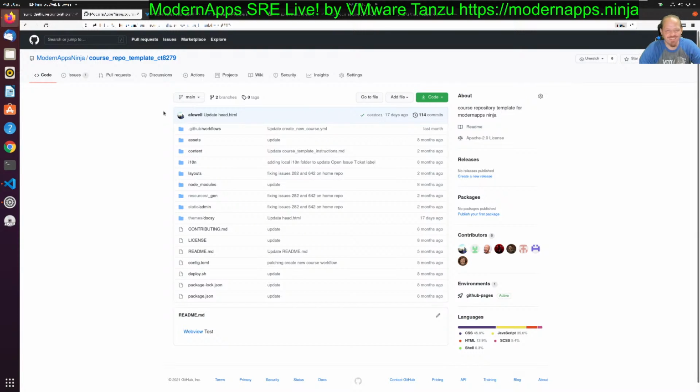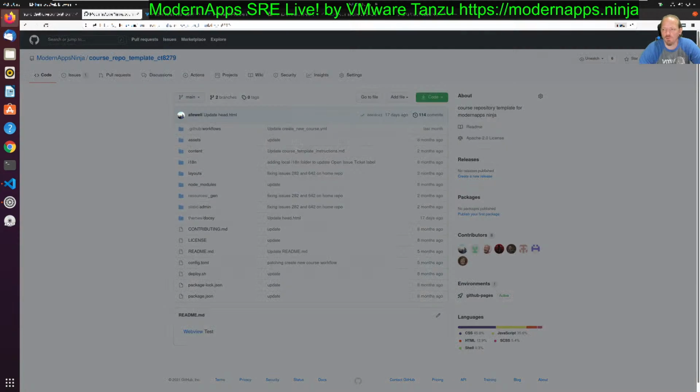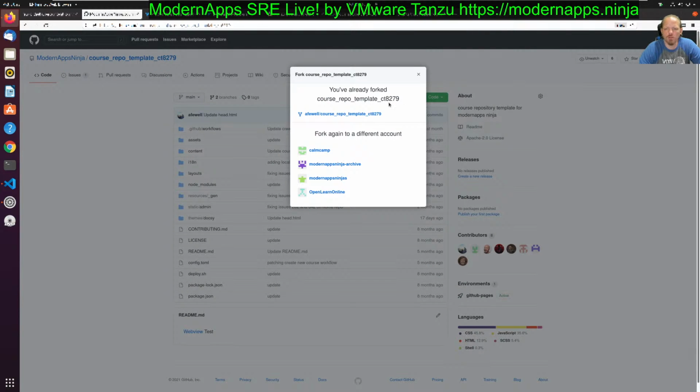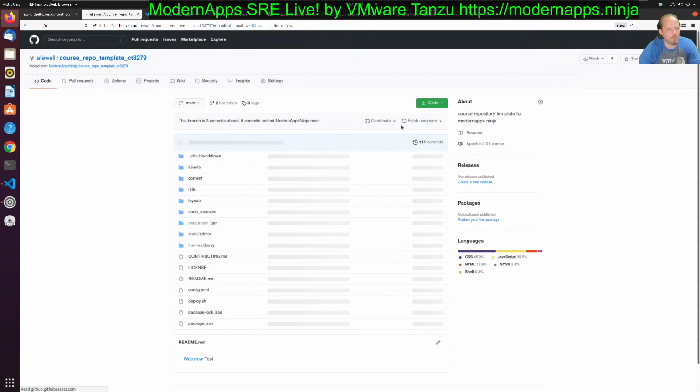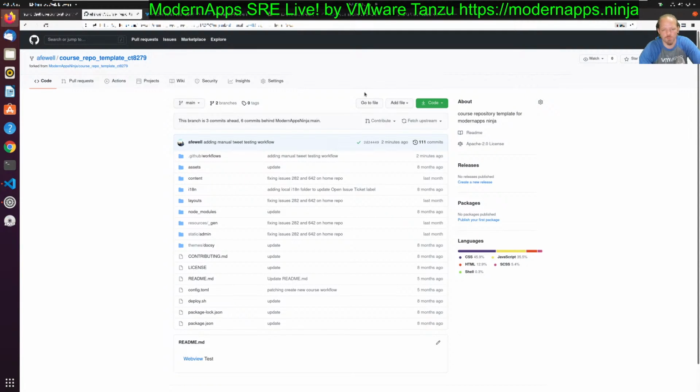Okay, let's see. So now I have this course repo template. Now you're saying, where's it on a fork? Yep, it's on a fork. And the nice thing is if you're already on the main repo and you want to get back to your fork, and you think, well, I already forked, I don't need to click that fork button again. But if you do click the fork button again, all it does is say, hey, you've already done this, and it gives you the link. And sometimes that's a nice quick way of getting back to your fork, because sometimes when you're working on your fork, you have to go back and forth a little between the upstream and your fork. Okay, so now